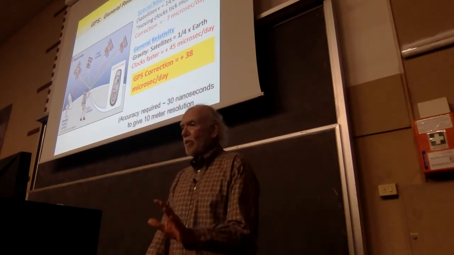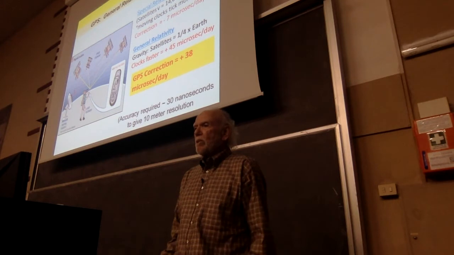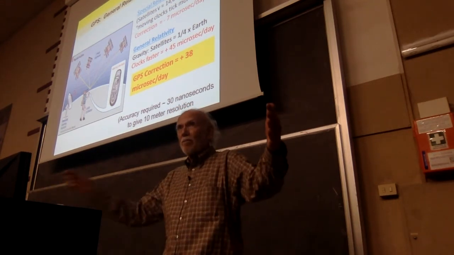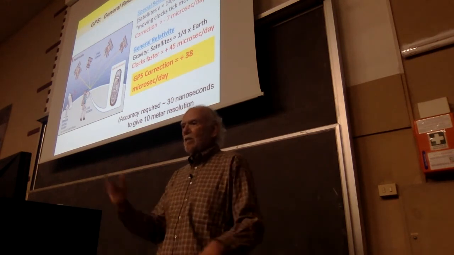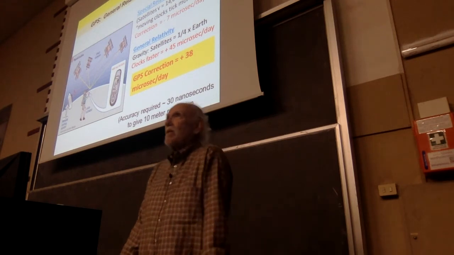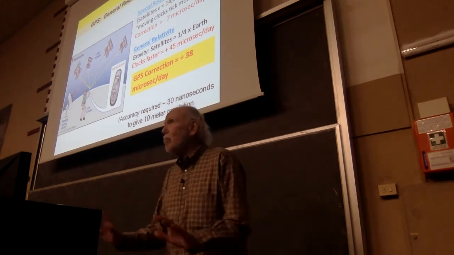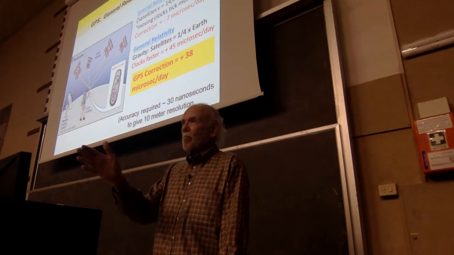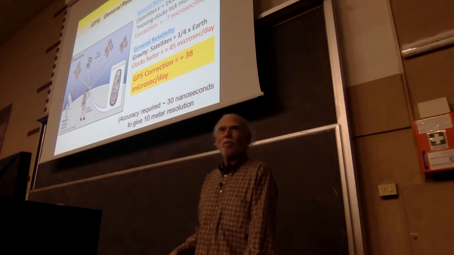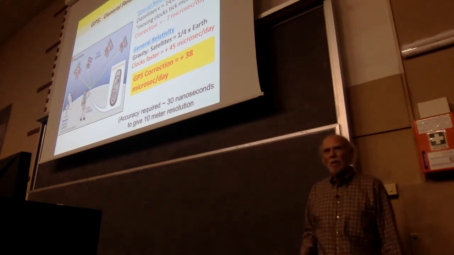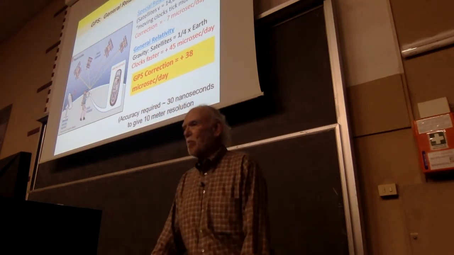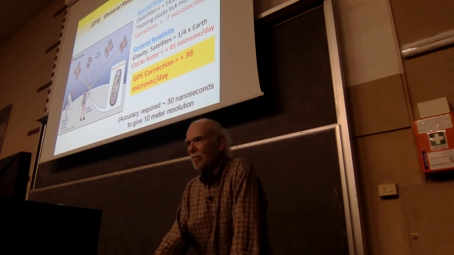I can go through the numbers for you, but the accuracy required if I want to stay on a road, say 10 meters wide, that's a pretty wide road, using GPS, is about 30 nanosecond accuracy. If I take 38 microseconds per day, that means that if I didn't make the correction, I would only stay in my 10-meter road for about 2 minutes. So you need these corrections. They're not just academic to make GPS work at the level we use it every day. So general relativity matters, even in everyday life.